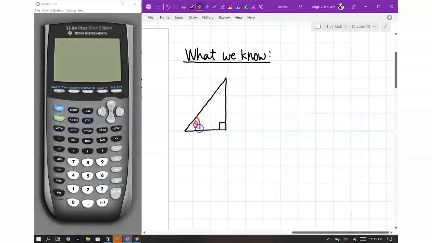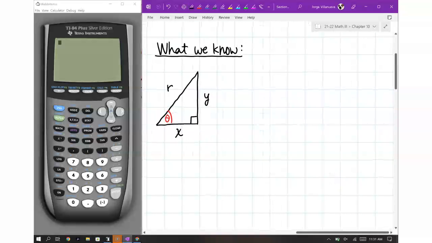If I call this theta, I'm going to label my sides here X, Y, and R. Okay? So X, Y, and R. Now this is what we know so far. Okay? If I give you a triangle that looks like that,